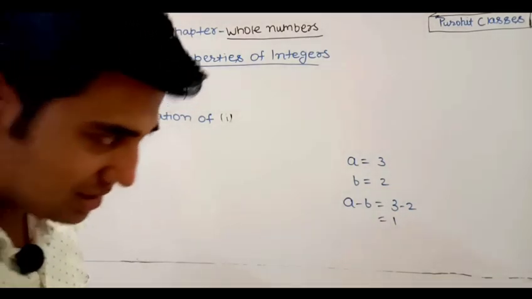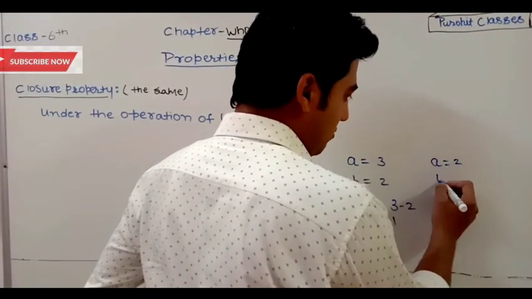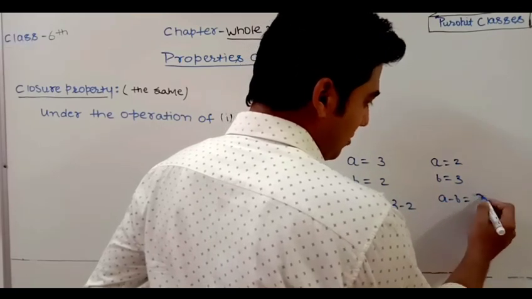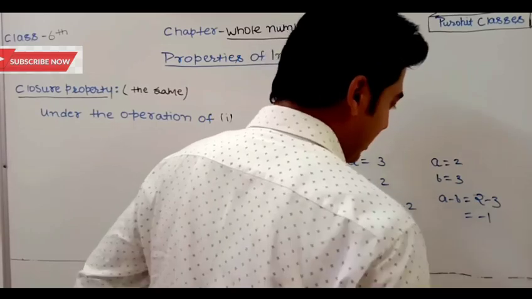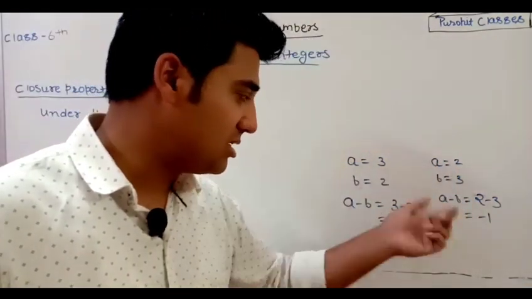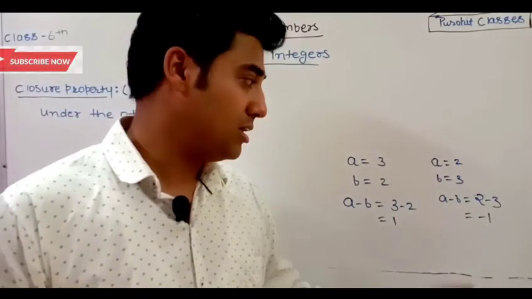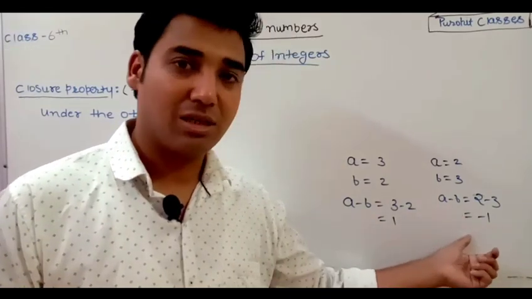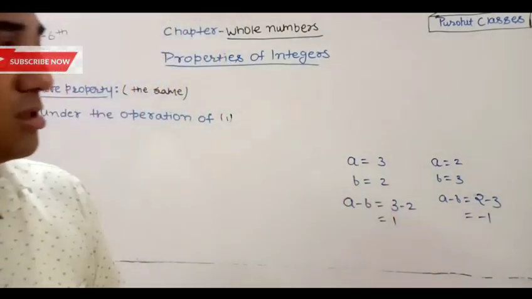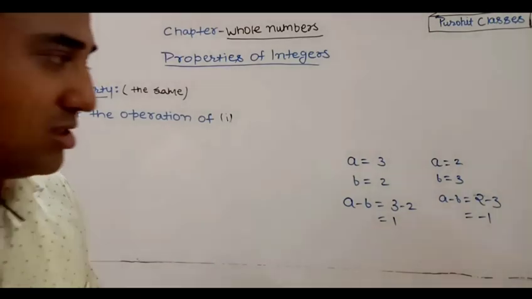Okay, are you sure? Let us take one more example. Let a equals 2 and b equals 3. Now check a minus b. This will be equal to 2 minus 3, and this is going to give minus 1. Now tell me, when a and b are whole numbers, is their subtraction also a whole number or not? What is your answer? Yes sir, this is not a whole number. Getting or not? So by this we can say whole numbers are not closed under the operation of subtraction. Understood?